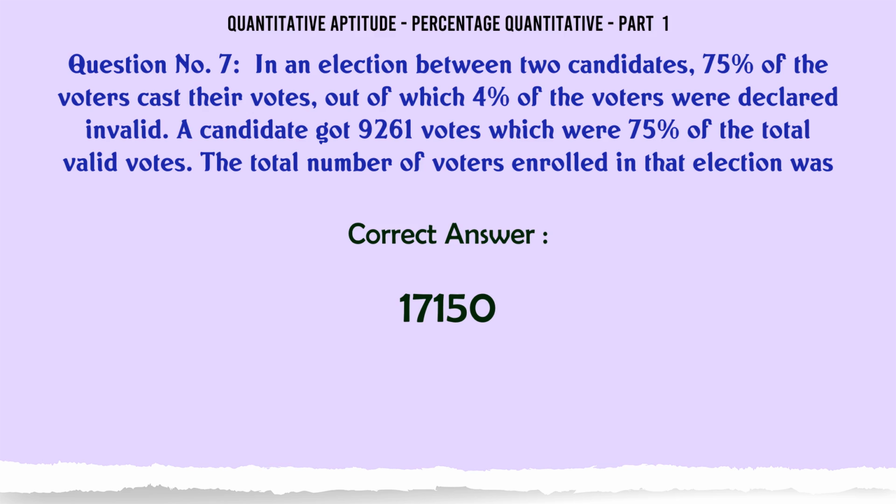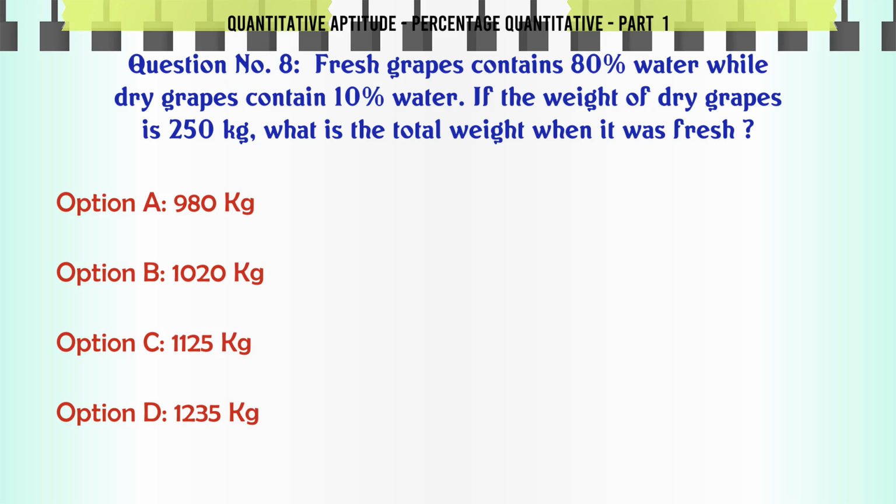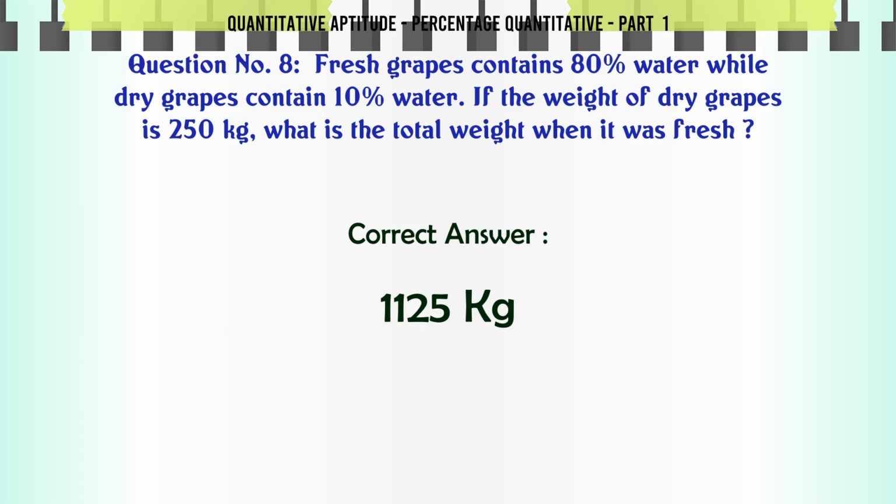17,150. Fresh grapes contain 80% water while dry grapes contain 10% water. If the weight of dry grapes is 250 kilograms, what is the total weight when it was fresh? A 980 kg, B 1020 kg, C 1125 kg, D 1235 kg. The correct answer is